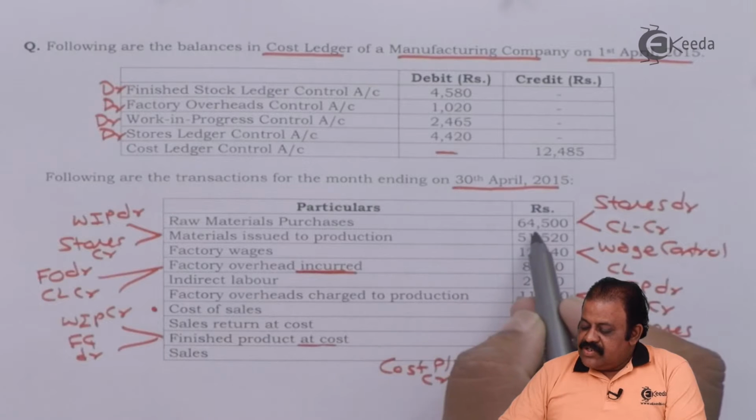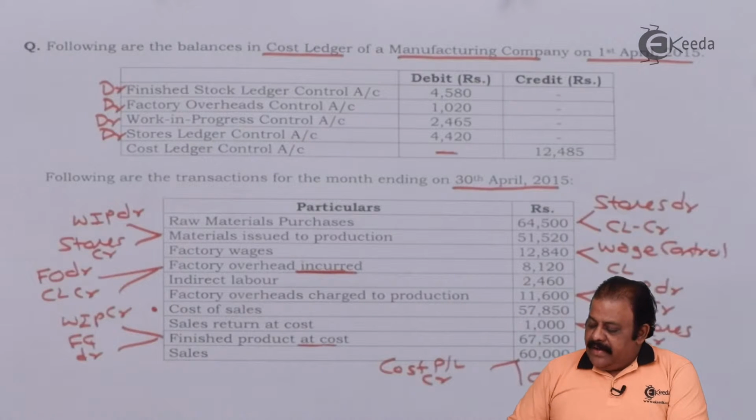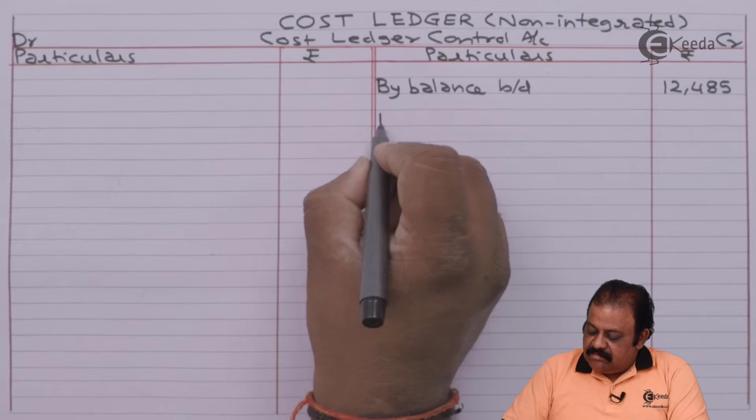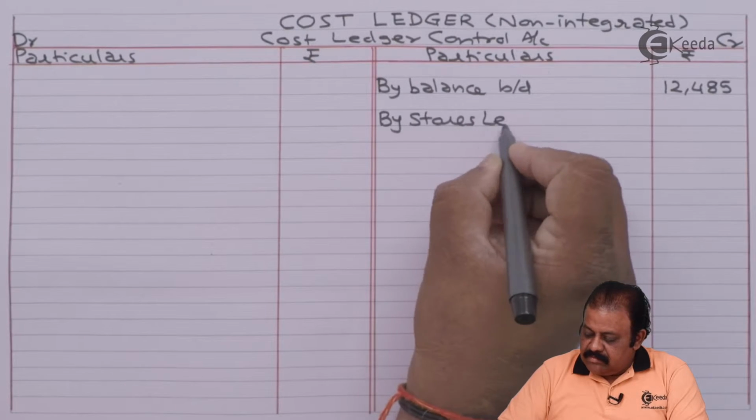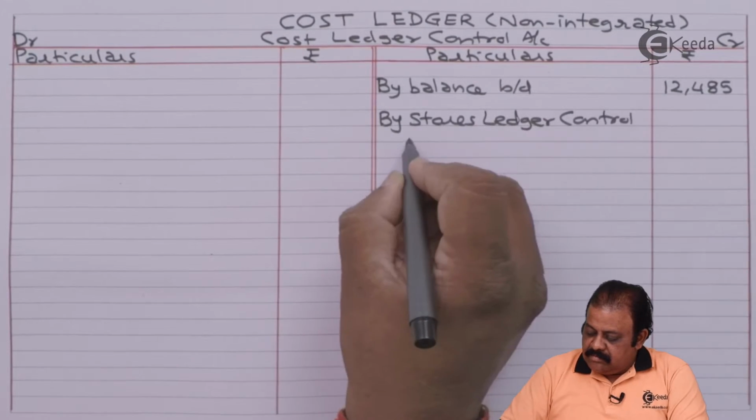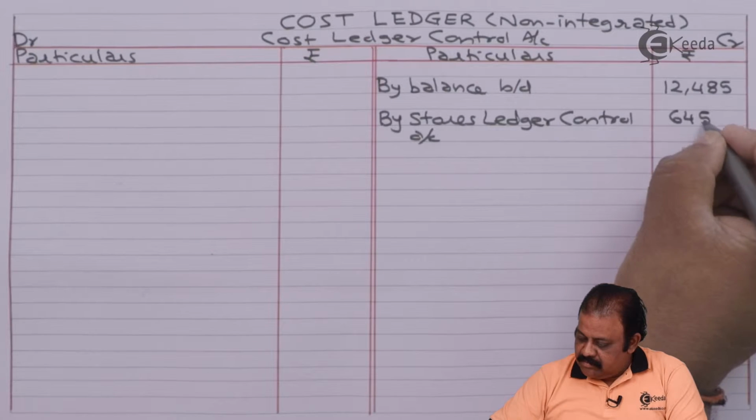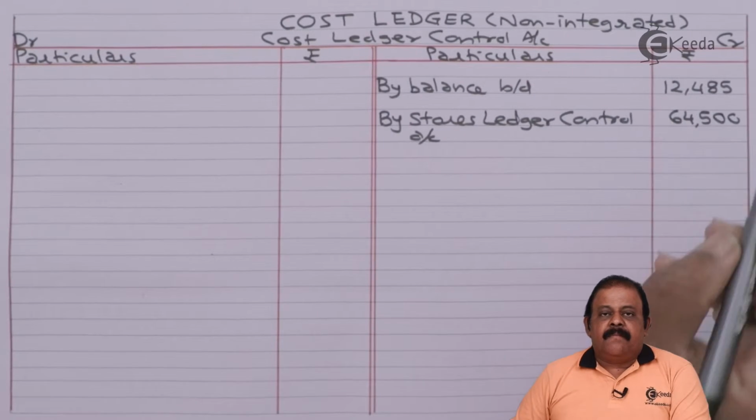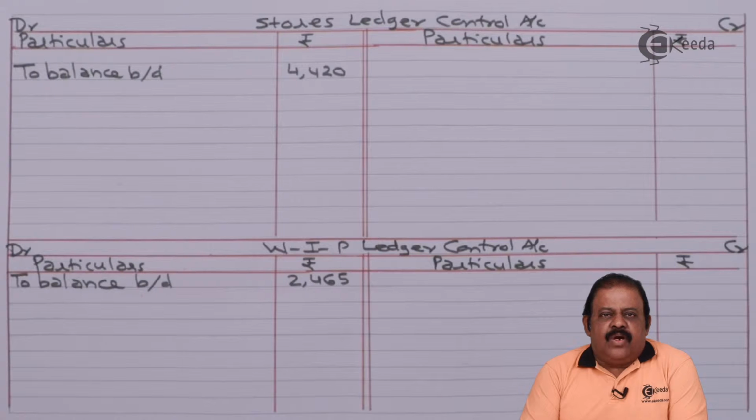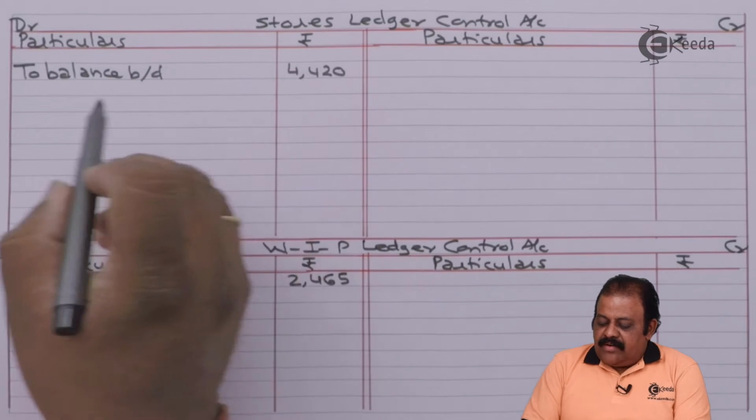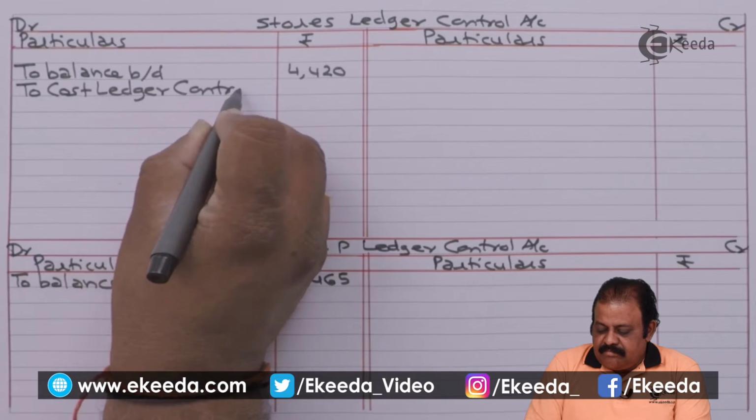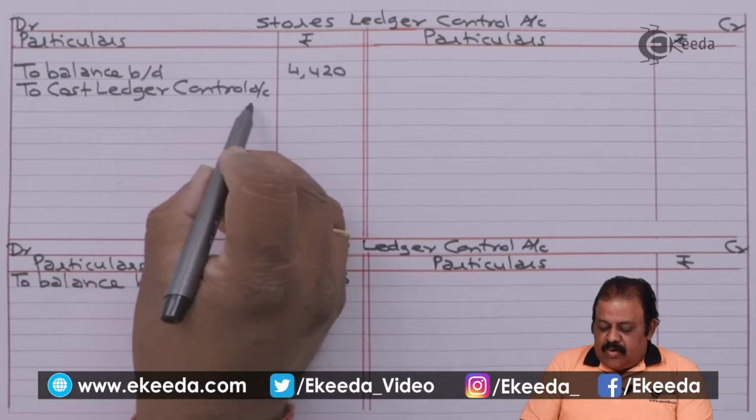Raw material purchases 64,500. This will be credited to cost ledger control account. Cost ledger control account credit side, by stores ledger control account 64,500. This will be debited to stores ledger control account. Stores ledger control account debit side, to cost ledger control account